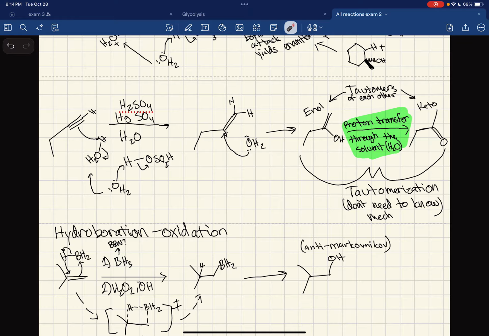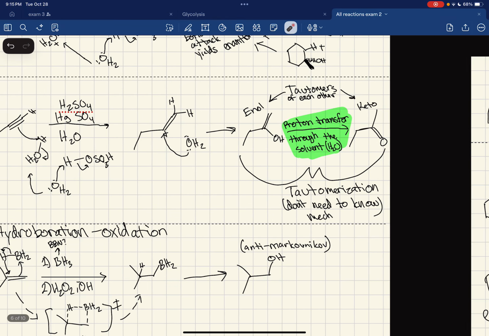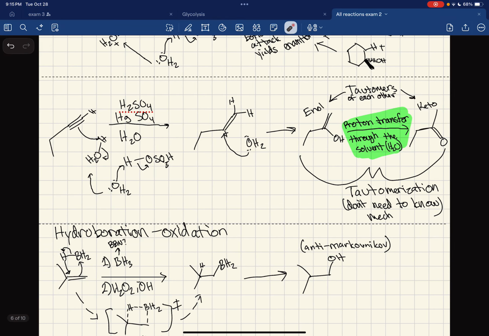So same thing's going to happen right here. Water is going to do an acid-base reaction with the acid, and then this alkyne is going to come in, deprotonate this, and the carbocation is going to form on the more substituted side right here. And then from there, you're going to get water addition to the carbocation, which will,